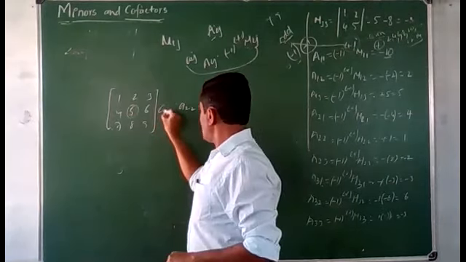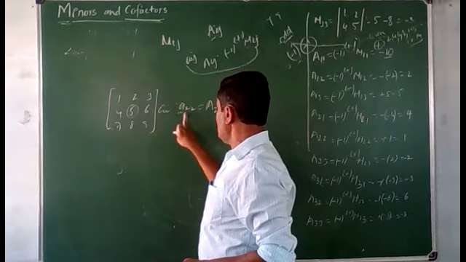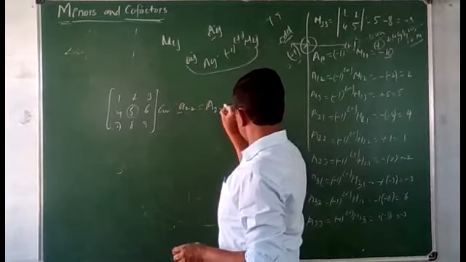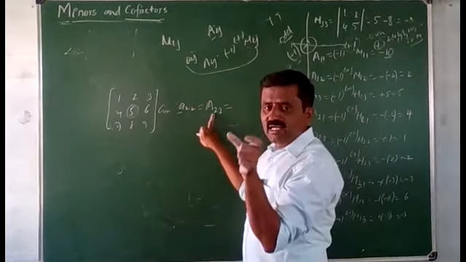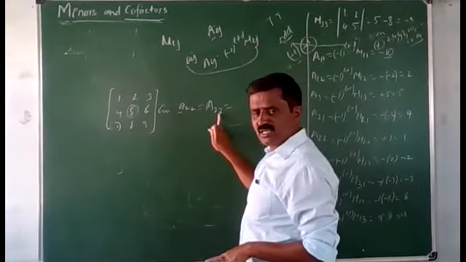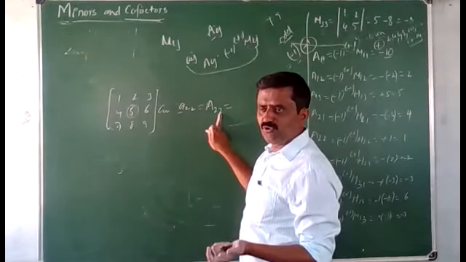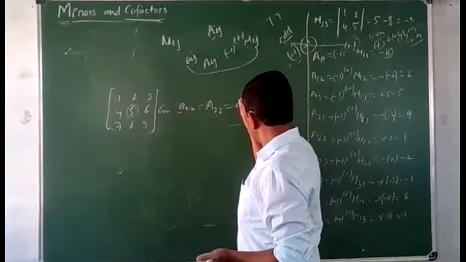It equals minus 1 whole to the power of i plus j. What is i plus j? That is 2 plus 2, which is 4. 4 is an even number, therefore write plus into the determinant of